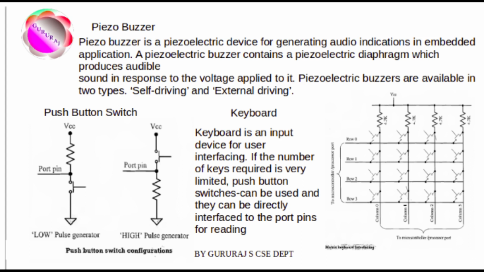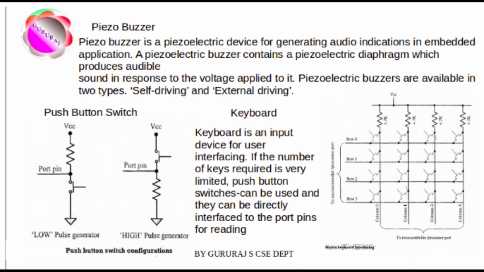In a matrix keyboard, the keys are arranged in matrix fashion. For detecting a key press, the keyboard uses a scanning technique, in which each row of the matrix is pulled low and columns are read, each reading the status of each column corresponding to the row. The row is pulled high and the next row is pulled low and the status of columns are read. This process is repeated until scanning for all the rows is completed. When a row is pulled low and if a key connected to the row is pressed, reading the column to which the key is connected will give logic 0.